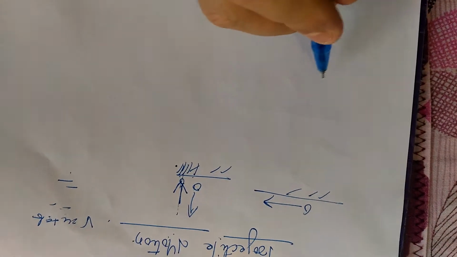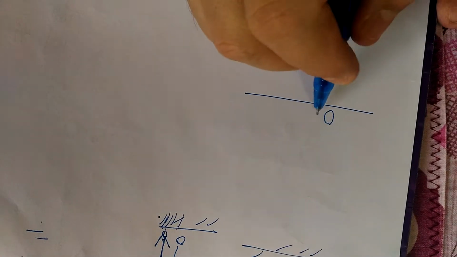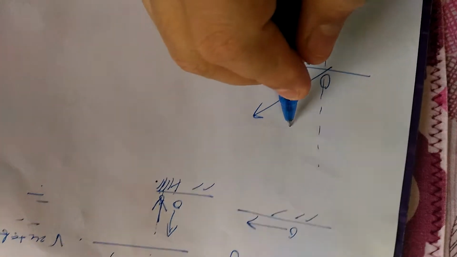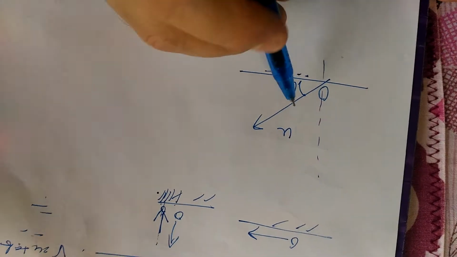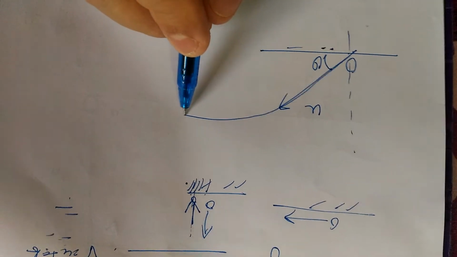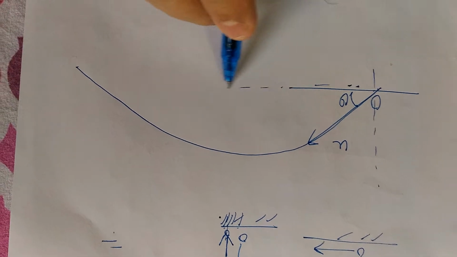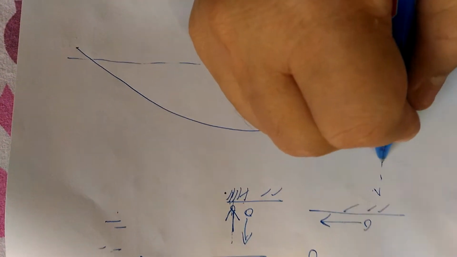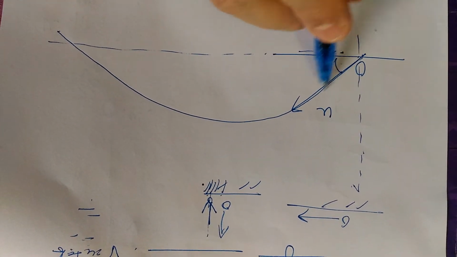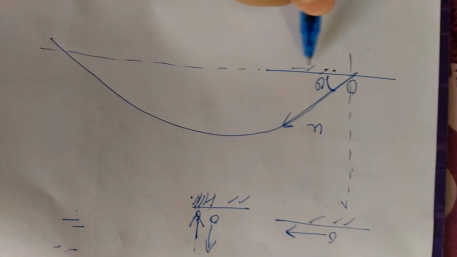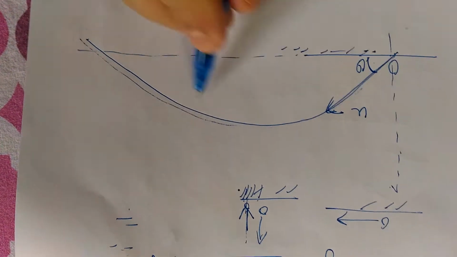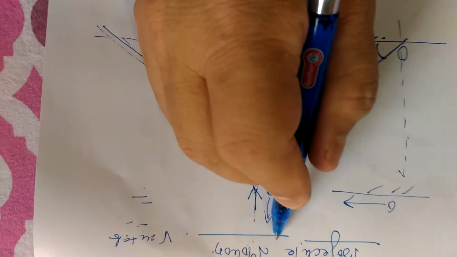But the third case, that is known as projectile motion. If you are projecting a body neither parallel nor perpendicular to the Earth's surface, suppose you are projecting a body with velocity u at an angle theta, so the path or the trajectory on which the body moves will be a parabolic curve. So this motion is known as projectile motion. If the body is thrown or is projected at an angle theta with the Earth's surface, then it will follow a trajectory that is parabolic in nature, and this motion is known as projectile motion.